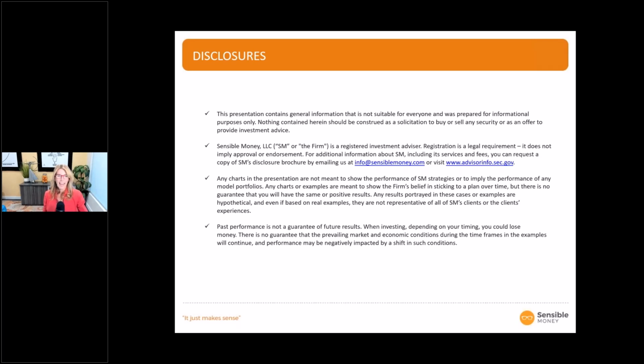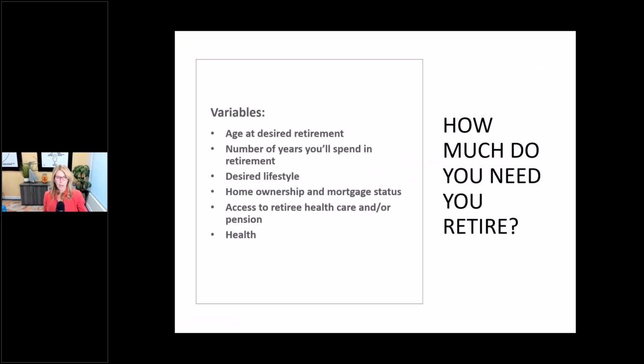So, with that out of the way, let's talk about what we're here to talk about. How do you make a retirement income plan that accounts for all of the variables? There are things such as your age at desired retirement. If you want to retire at 55, your plan's going to look a lot different than someone that wants to work until 70. If you want a certain lifestyle,